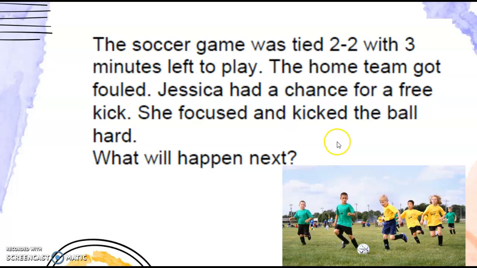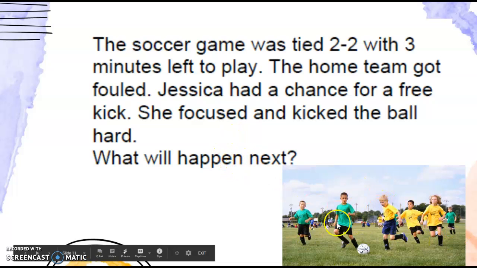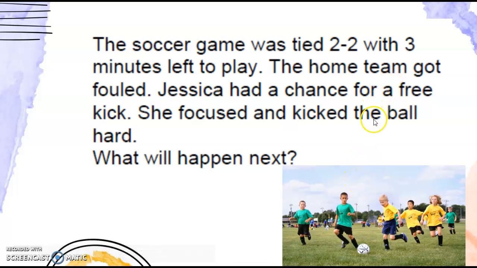Now, my prediction is that she focused and she kicked the ball so hard that she made it. And that means her team was up 3-2 with 3 minutes left. And they're probably going to win the game. Another prediction could have been that she missed it. We don't know for certain that she makes that ball into the goal. And if they miss it, then they're still going to be tied and there's still a chance for the other team to win, or there's still a chance for them to win. So any prediction you made that was around that type of scenario with what would happen if she kicked the ball in or if she missed it would be correct. Like I said, it's based on your life experiences. So your prediction might have been different than mine.